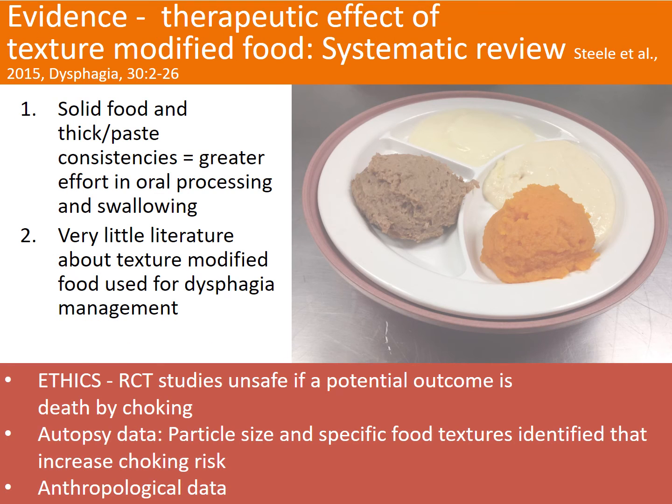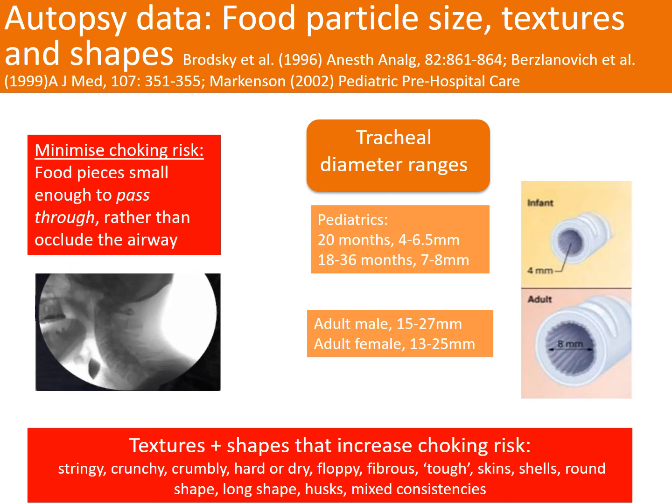When we looked at the evidence regarding texture-modified foods, there was very much less data to find. And partly one of the reasons for that is that it's very difficult to actually conduct a randomized controlled trial on the safety of thickened foods if your outcome could be that one of your subjects would choke. So actually getting ethical approval for a study where death is part of the study is very difficult to do. So that's some explanation of why that's hard to find, but we did find data through autopsy studies where people